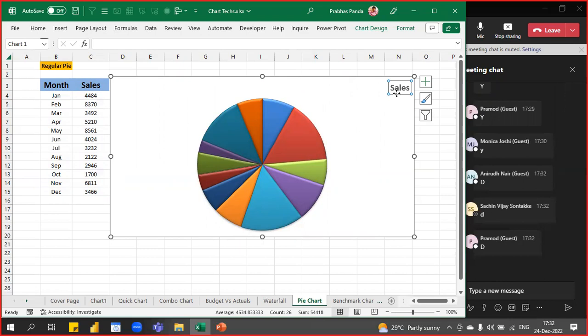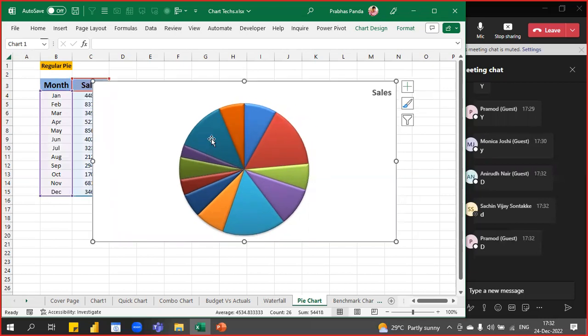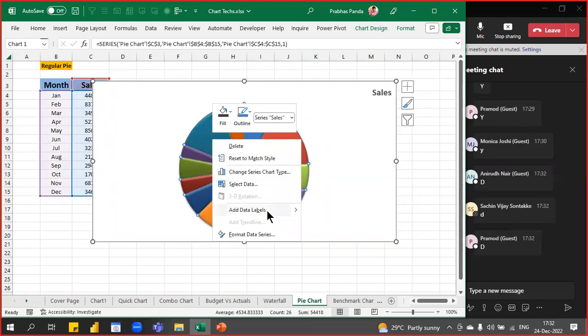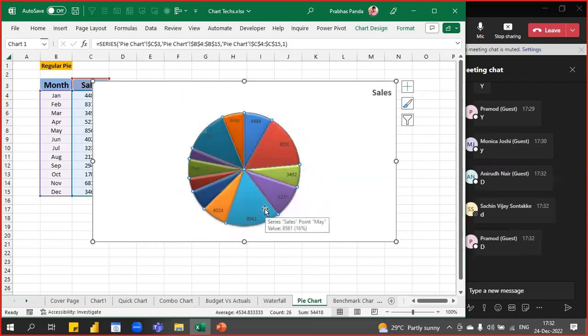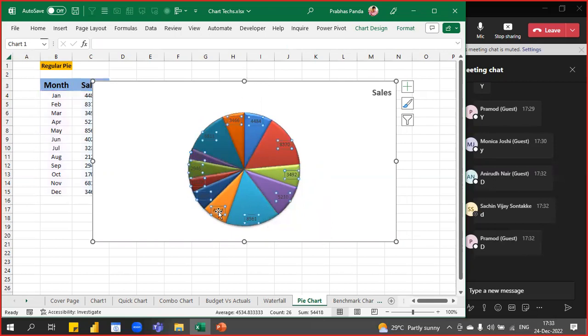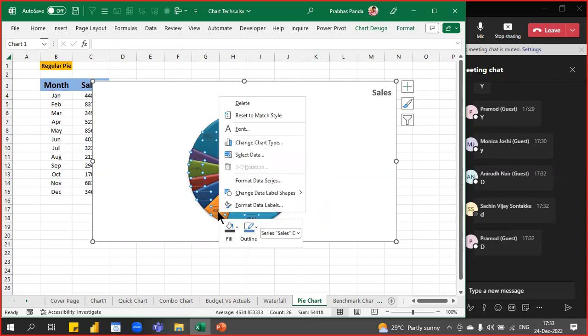Now, the next thing is we have to make our chart more informative. But how? I'll right click on any of the pie and go for Add Data Labels. Immediately data labels will be added. Some data labels will be inside the pie, some outside of the pie area. Ideally, select one of the data labels, and data labels should appear outside of the pie area. So right click upon the same,